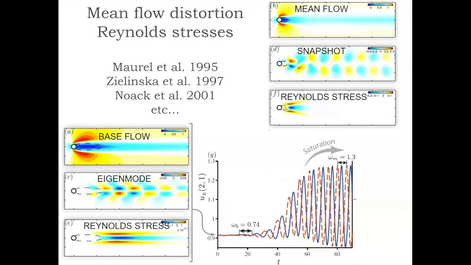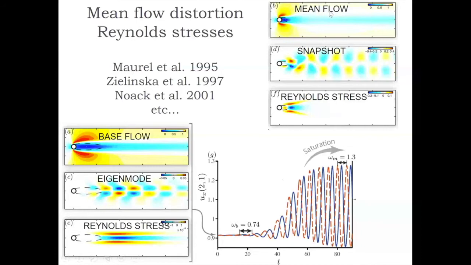So that's a summary of what I told you. We start from a base state with a certain eigenmode. That eigenmode, even if it's small, generates small, to the square, but still existing Reynolds stresses. And those Reynolds stresses force the steady Navier-Stokes equations to change the base flow into a mean flow progressively. And when you reach this sort of balance on the limit cycle, you have the mean flow, which results